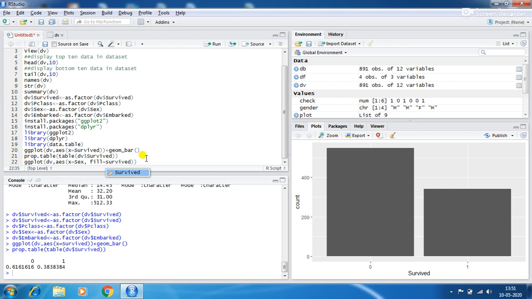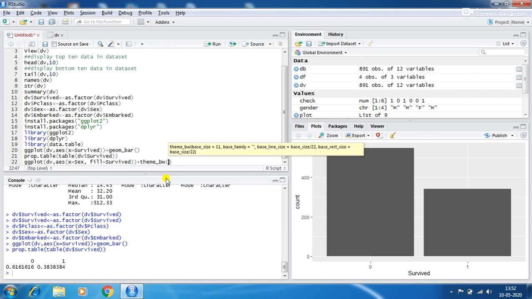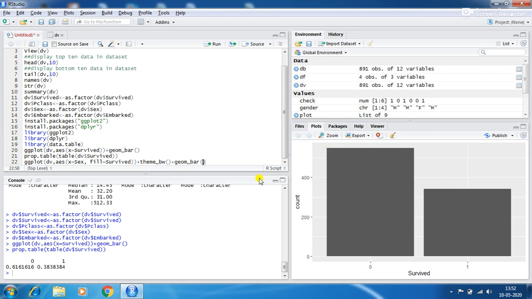Okay, fill equal to survived, plus theme, the theme of the graph, that is theme_bw, plus geom_bar, plus labs.